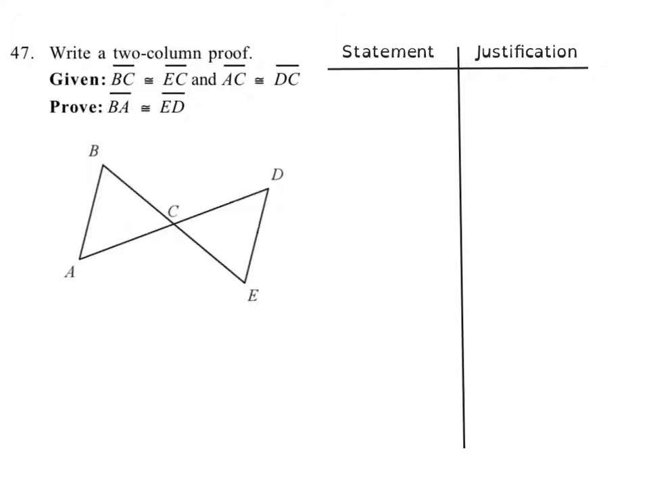It says that side BC is congruent to side EC. Okay? And it also says that side AC is congruent to side DC. It's funny, I kind of missed there. I'd like to cross them over. And that being true,